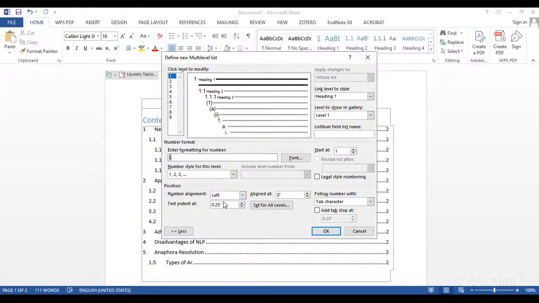Here we copy this value, go to level 2 and paste it over here. Okay, this is also correct.